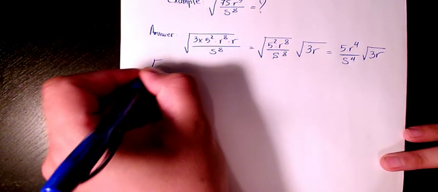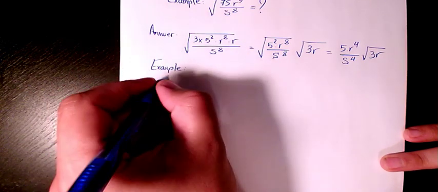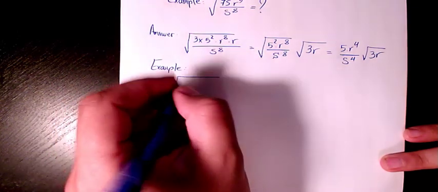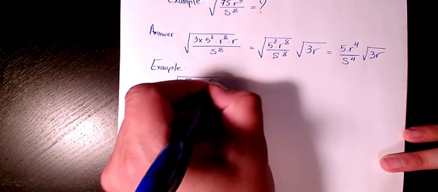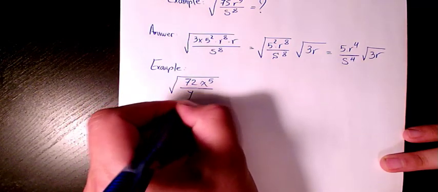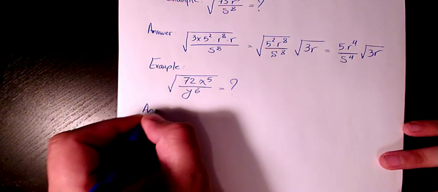Next example. It's going to be the square root of 72 x to the power of 5 divided by y to the power of 6. The answer is